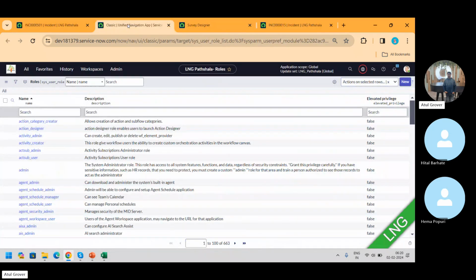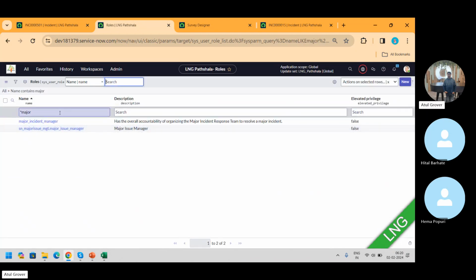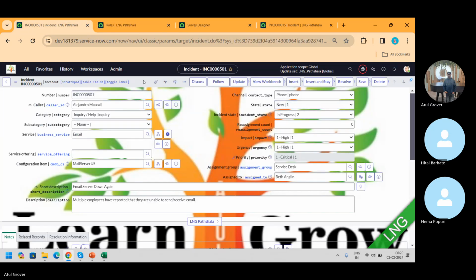Come back and let's search for the role. So any user who can accept an incident as a major incident, this role is required. An incident manager cannot do it, means he cannot accept any incident as a major incident. So in this case,